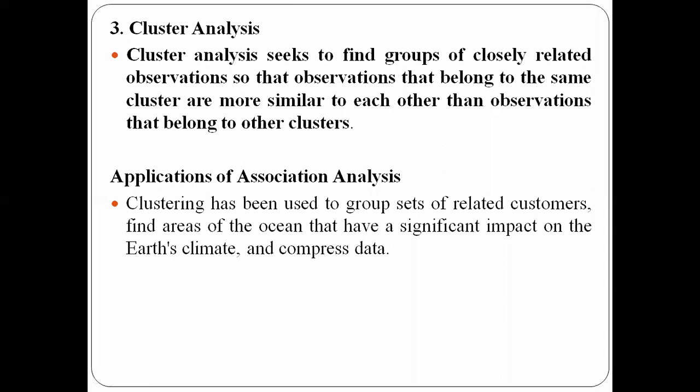Based on the features here, the observations belonging to the same cluster will be very similar to each other compared to the observations belonging to two different clusters. If you have cluster 1 and cluster 2, the observations present in the same cluster, cluster 1, will be very similar to each other. For example, if you have the FCD students group, then all these students will have marks above FCD, that is above 70%.